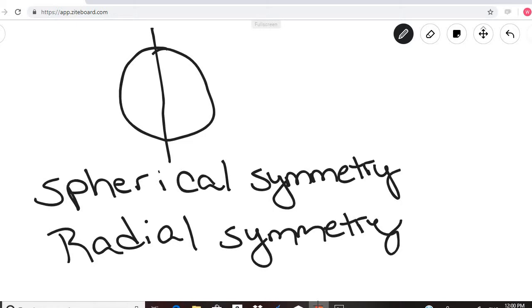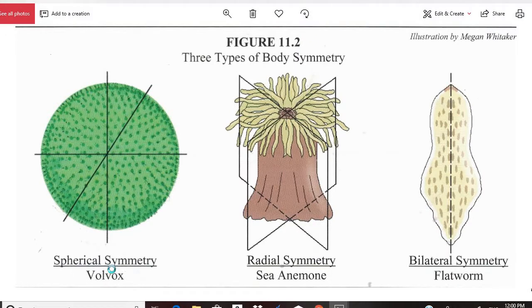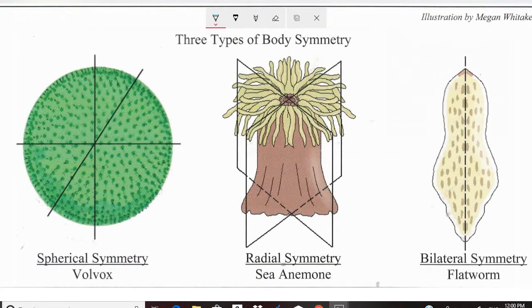If I drew a line like this, so any line that goes through the middle, any line that goes through the middle is going to lead to two equal halves. If I drew one like this, that's spherical symmetry. Any line that goes through the middle results in two equal halves. So let's look at a figure that will show that. On the left here is spherical symmetry, and you can see, as I've drawn before, any line that crosses through the center will lead to